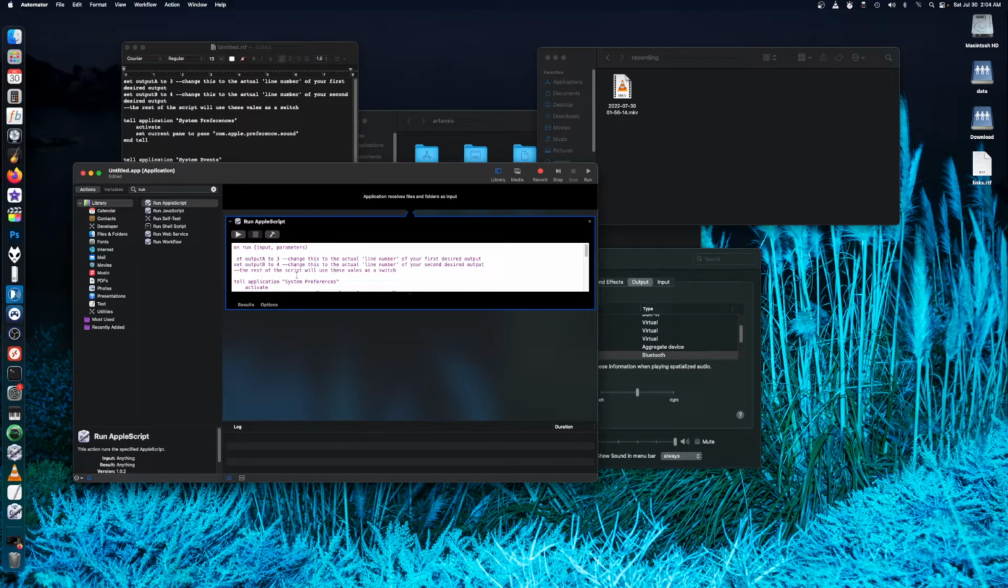And so you change this to what your audio device is. If it's 1, you change it to 1, and you count from the top of the actual audio device that you want to switch. And then you press run to test it, and once you do that, make sure you file save it as